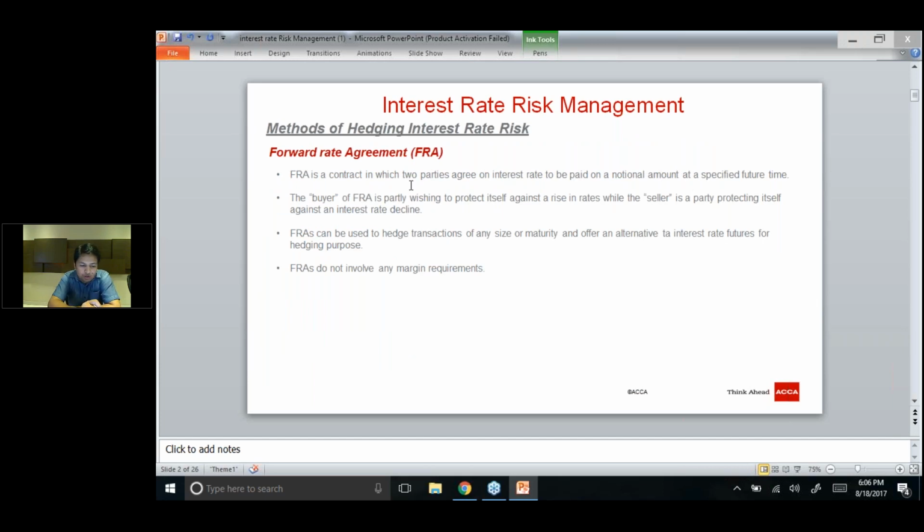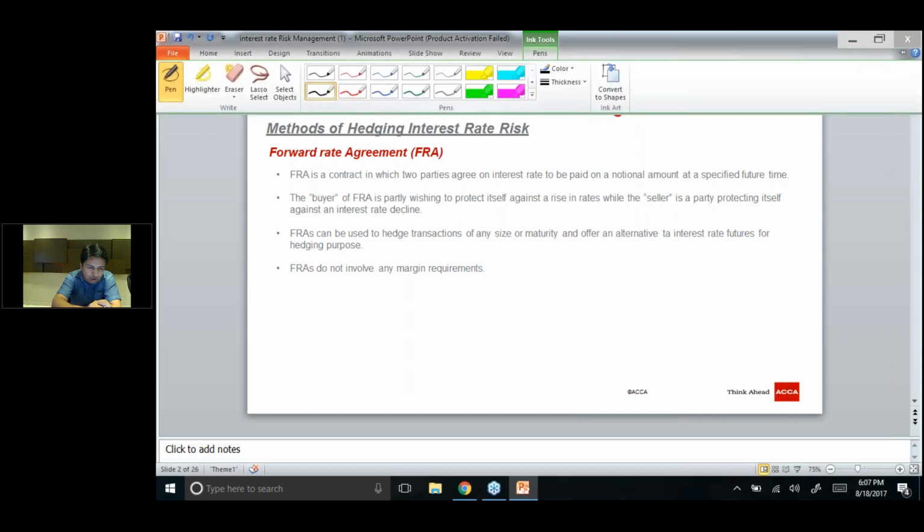So FRA is a contract in which two parties agree on an interest rate to be paid on a notional amount at a specified future time. It is a legally binding contract in which two parties agree with each other to borrow or lend at a predetermined rate on a pre-specified date. Let's suppose you are going to borrow an amount after, let's say, 3 months. So you have a risk of